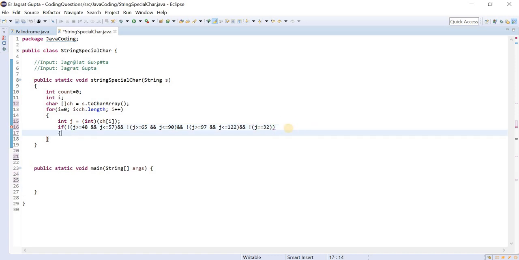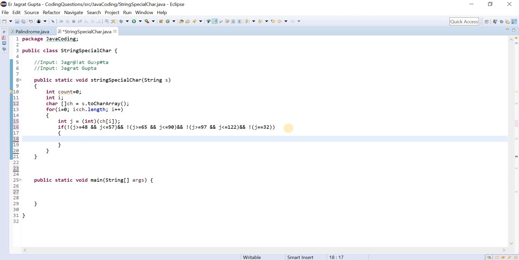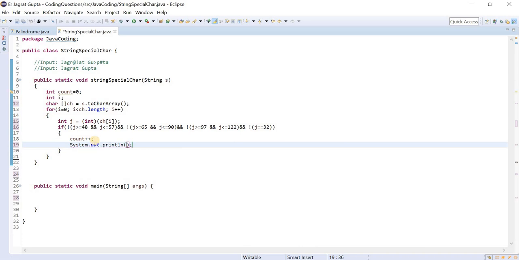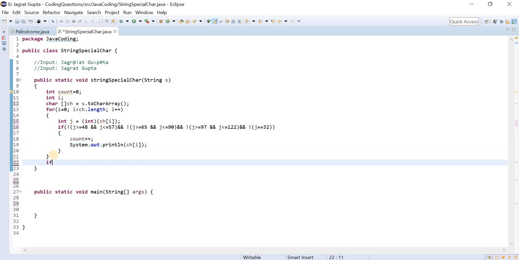Okay, so if this would not be the case, then what would happen? Of course we need to increase the count, because if these things are not there, then we can consider those as special characters. And what I will do, I will print those. So how can I print? ch of i, simple. Okay, so this is the thing. Now I will apply a condition. If count is equal to 0, then we can say